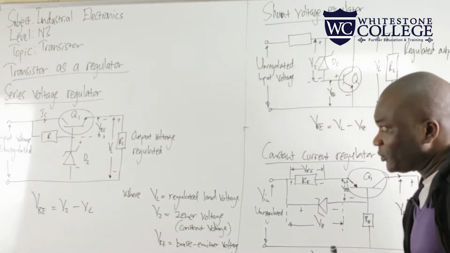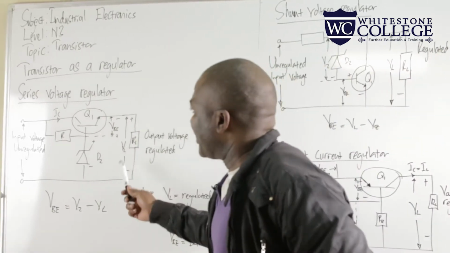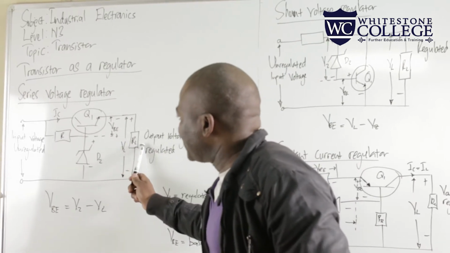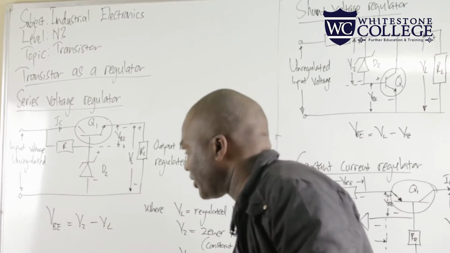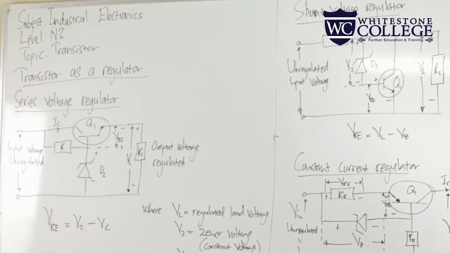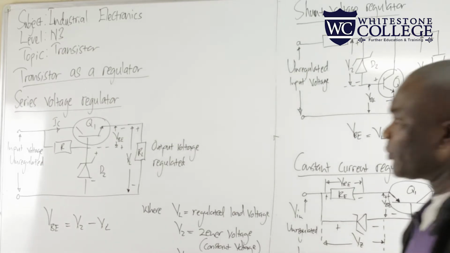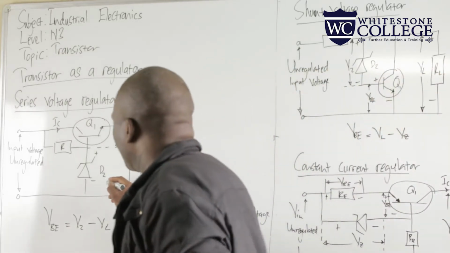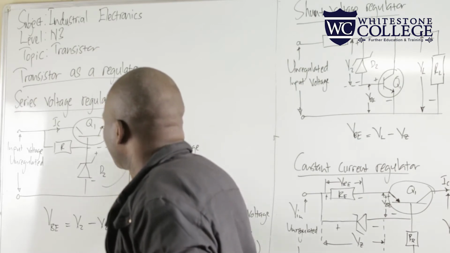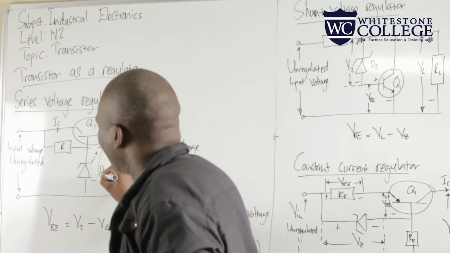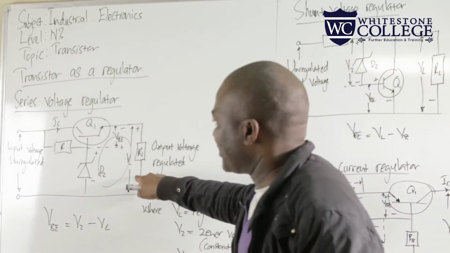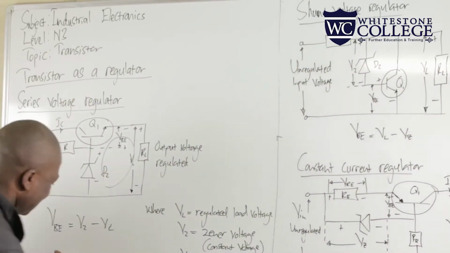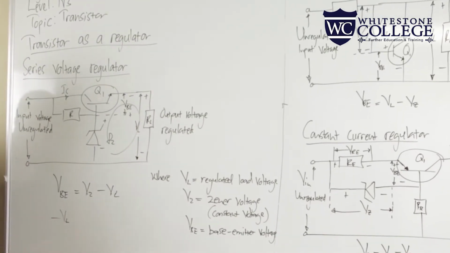In this case, you can see that our load, RL, is in series with our transistor and our Zener diode. Remember, a Zener diode is the only diode that conducts when it is reverse biased. So if we take a loop in this direction, like that, you see that in this case it will be minus VL minus